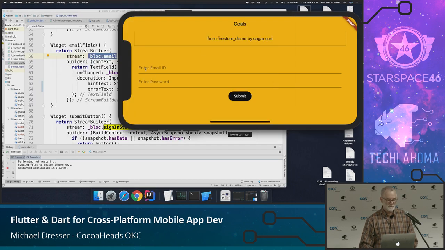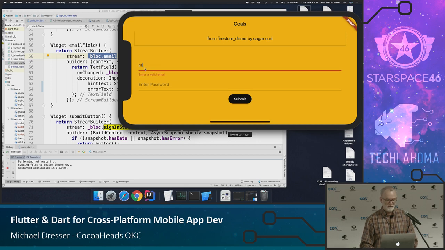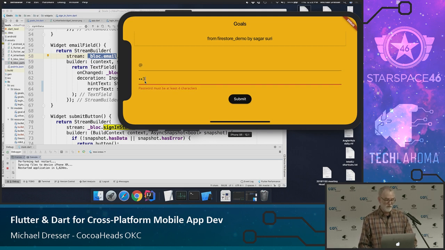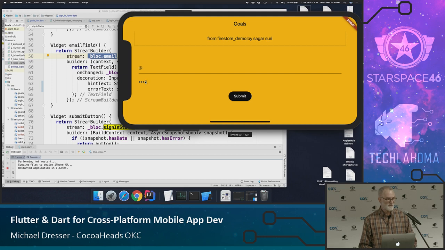So here's the text field that we're talking about. If I start typing, this is that error message, enter a valid email. Okay? And as long as I don't enter an @ then it's going to continue to do that. If I go back and enter even just an @, because this is a wonderful validator, then it's fine with it. Okay? And the same thing is going to be true with the password, where really it just checks for more than 3 characters. So as soon as I do that, we're ready to submit. Okay?